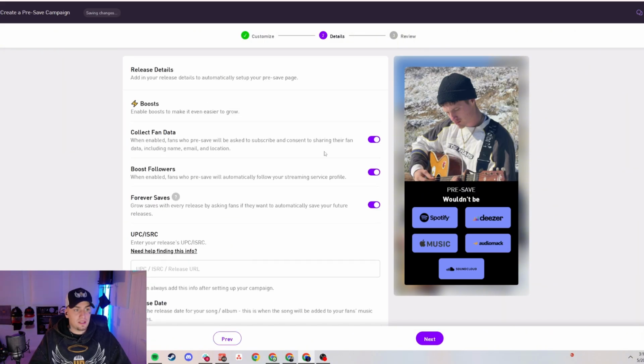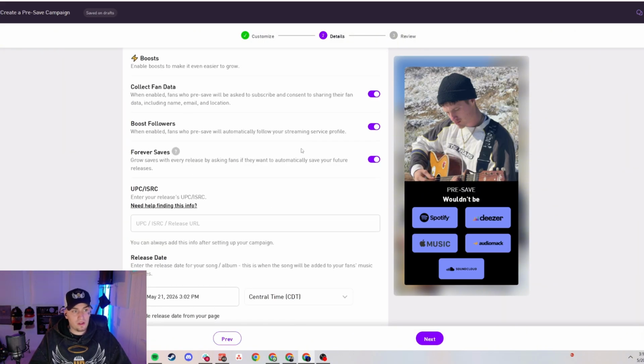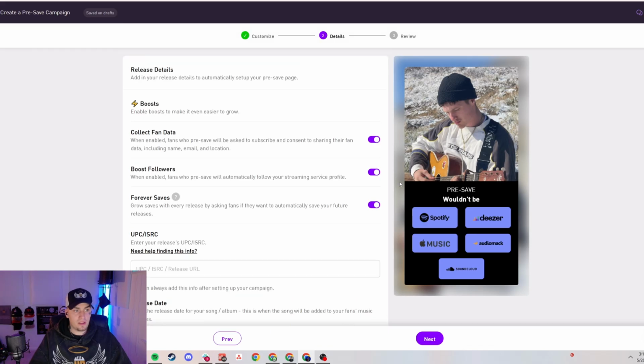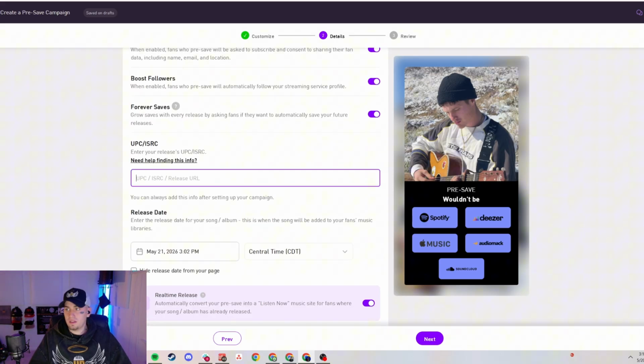Going to the next thing, we want to collect fan data, we want to boost followers, we want to get Forever Presave. Those are all things to keep on. You're going to put your UPC or ISRC code, which I'm going to go grab from my buddy right here. That way it can actually track the song itself. So boom, we'll drop it in there, and that way it knows how to pull the data that it needs